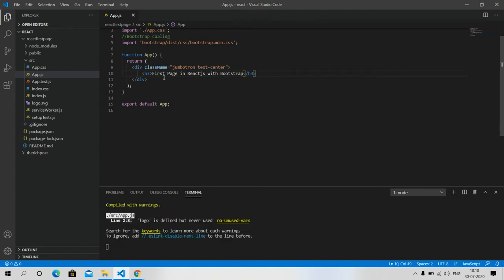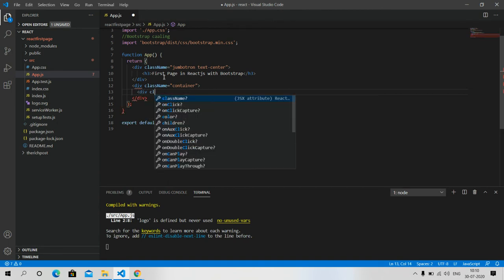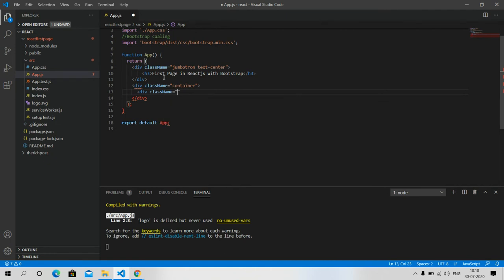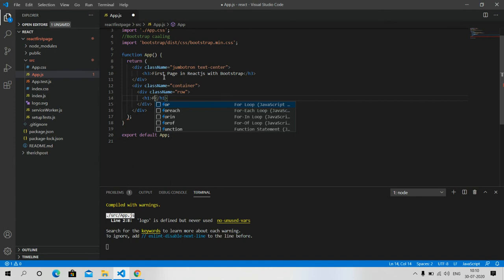So friends, div className container, div className row, here will be our h1 tag. I will name it Home Page.